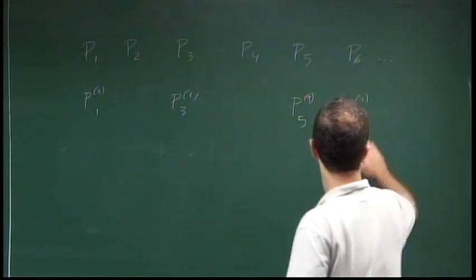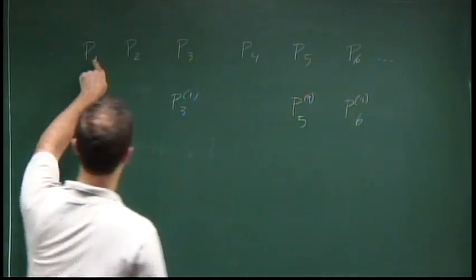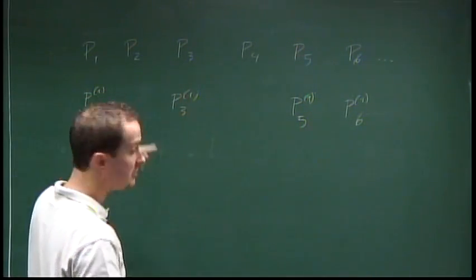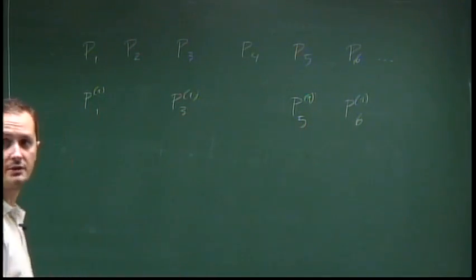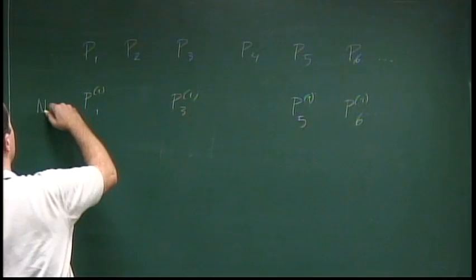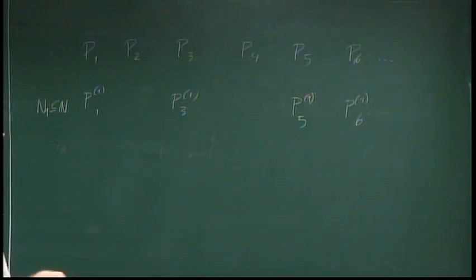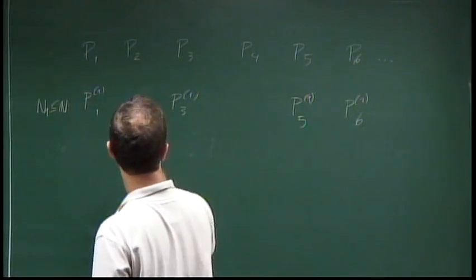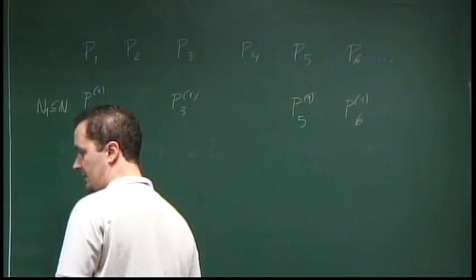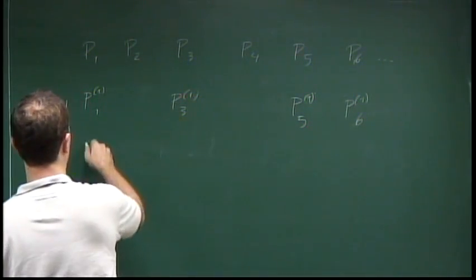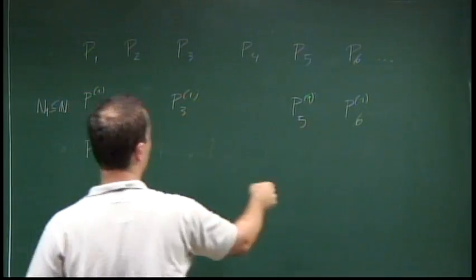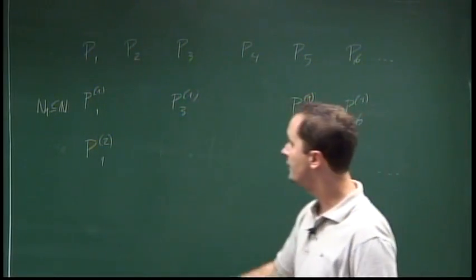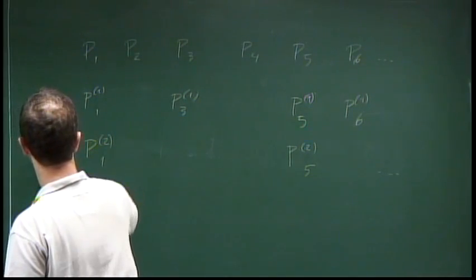So what I mean by this drawing here is that I have a sequence of measures up there, and now if I look at the measures restricted to the compact set K1, I know it has a convergent subsequence. So I can find a subset of the indices such that this converges. And now, within the subsequence, I can find a subsequence where, say, the two measures converge. It's something like this. Right? So I can find another subset of indices such that it converges.